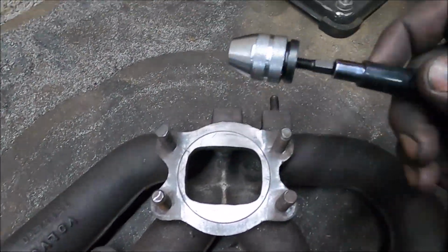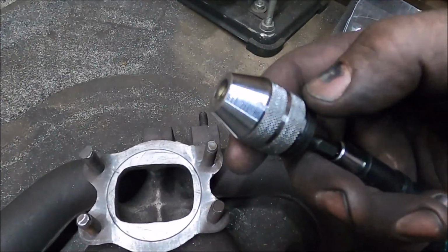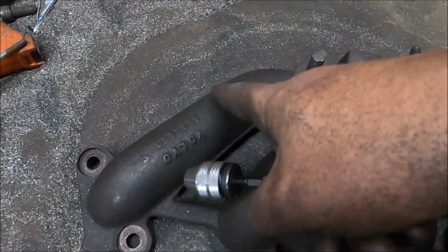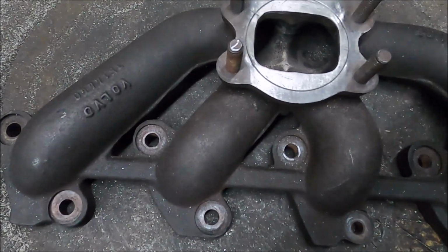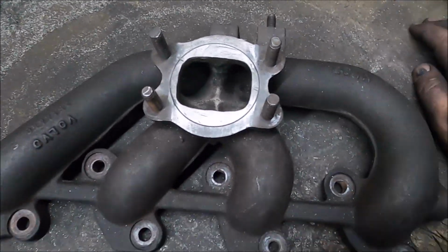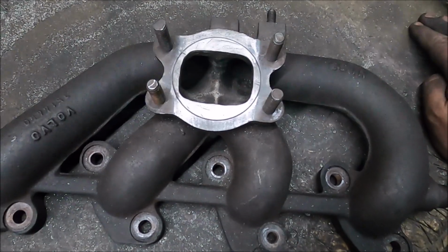I also used the smallest flexible extension I could, which helped get in there a little bit, but still you're very limited by the length of the solid bit, and also obviously the diameter of the head. So it helped a tiny bit, but there was no way of getting in there. Even about there, no chance. You can get so far. So there's next to nothing I can do without doing that honing I was on about